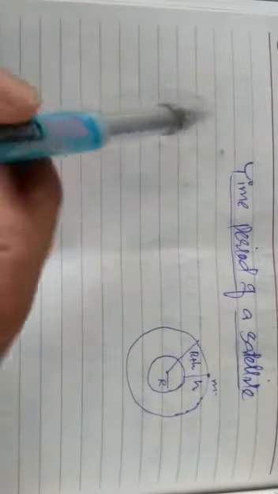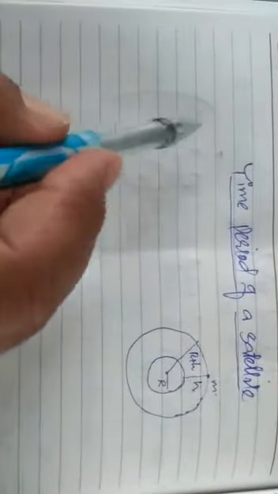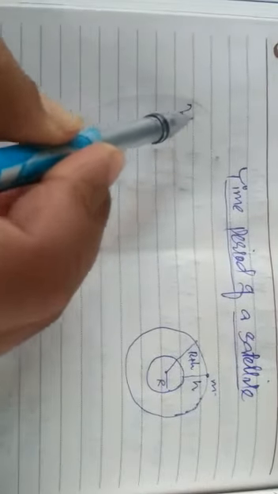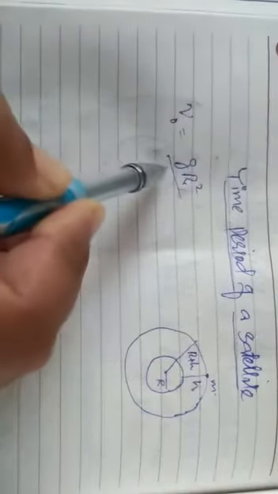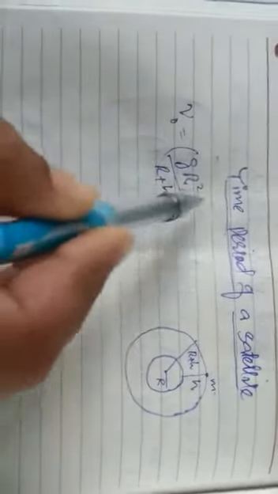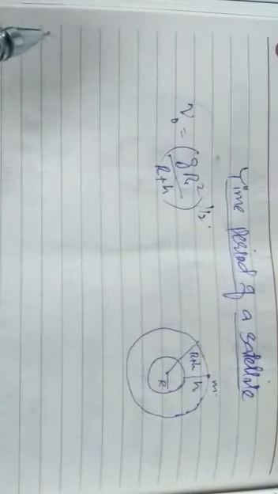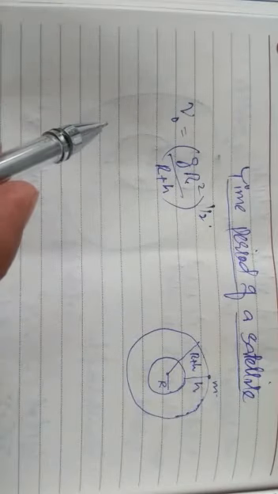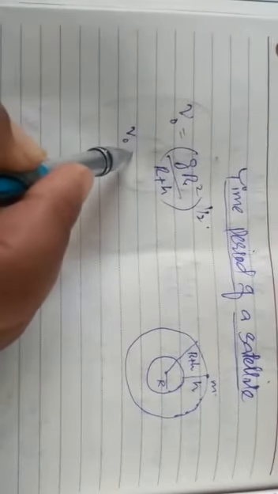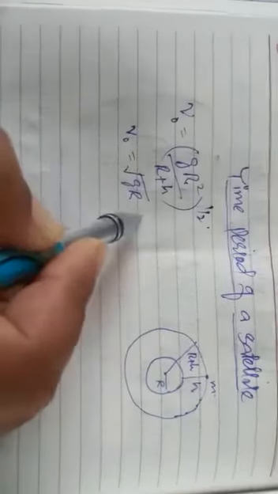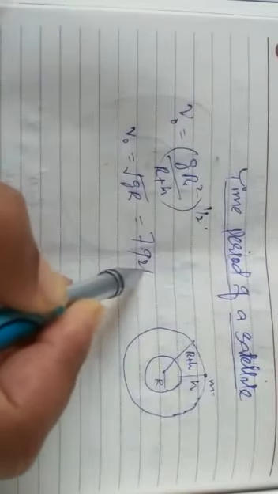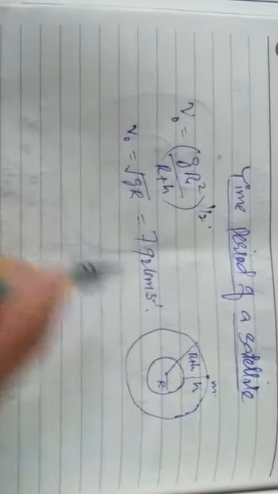Last time we read about the orbital velocity, and the orbital velocity of a satellite comes out to be v0 = (gR²/(R+h))^(1/2). And if a satellite is very close to the surface of the Earth, revolving close to the Earth, then v0 comes out to be √(gR), and finally v comes out to be 7.92 kilometers per second.